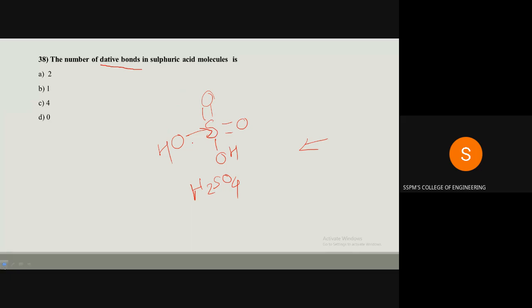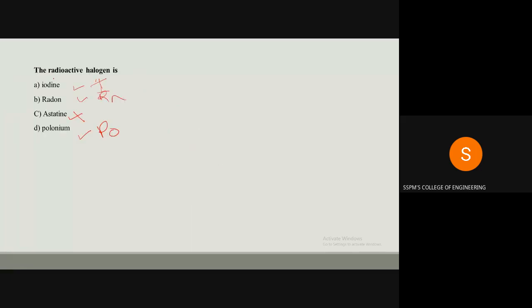Polonium is also a radioactive element. Then astatine is not a radioactive element. Iodine is a radioactive element. Radon is also a radioactive element. But the question is the radioactive halogen. They ask only the halogen. So radon and polonium are not halogens. Only one option is a halogen. Hence, the correct option is